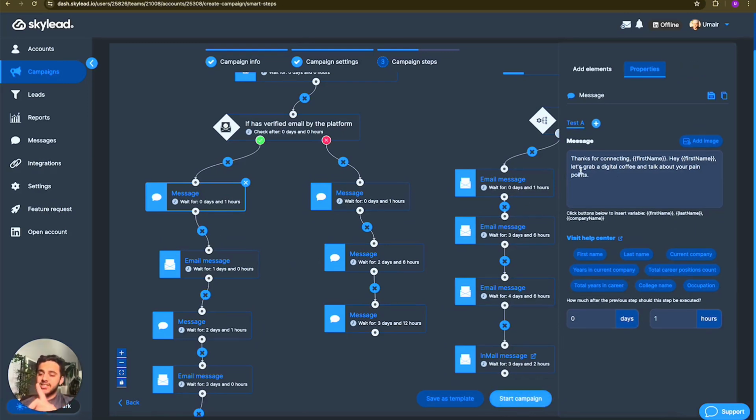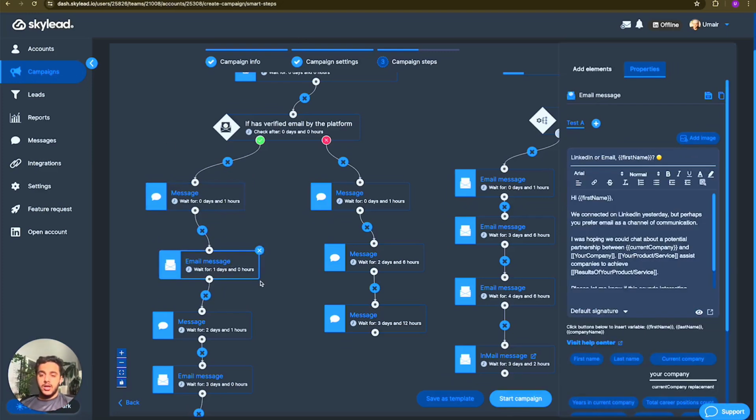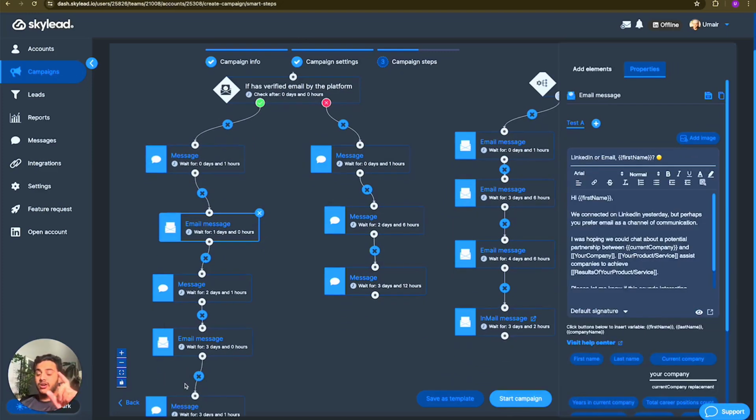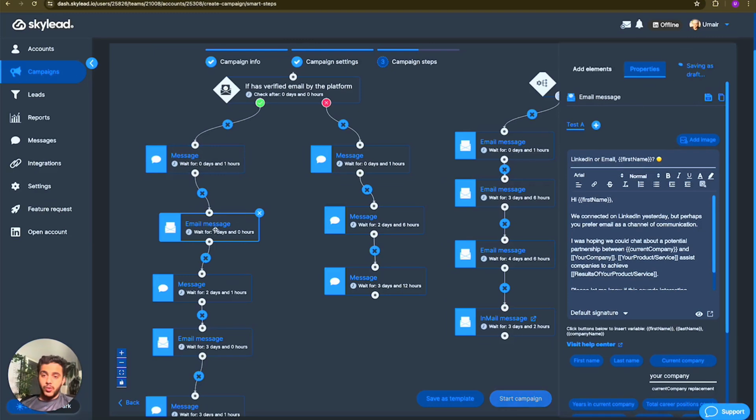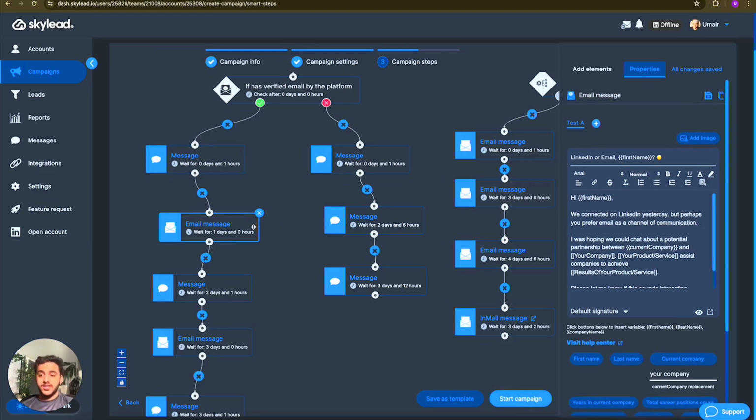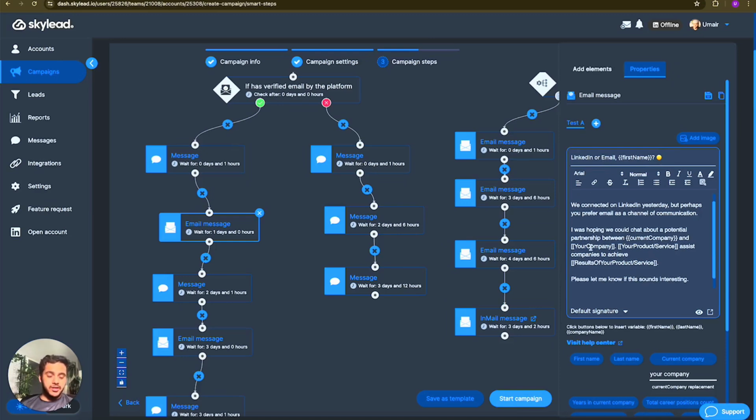So then the next part is that it will send this message first. If there is no response, then it's going to move to the next step, right? So all these following steps only occur if there is no response to the previous step. So if there's no response to this message after 1 day, then what's going to happen is that it's going to take your email and send an automatic email, right? So the link to their email is the subject, right? And it's the body of the email. And then right here, you can just put in your own service and company and the result of your service,